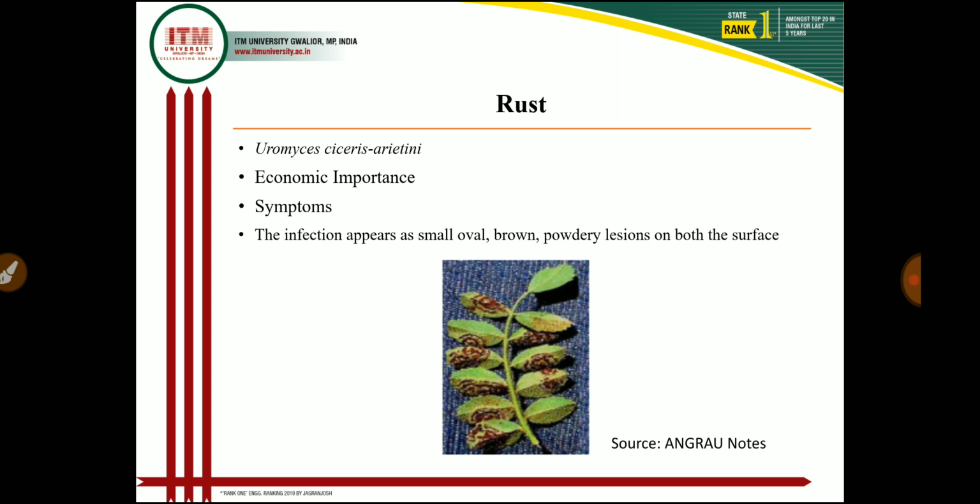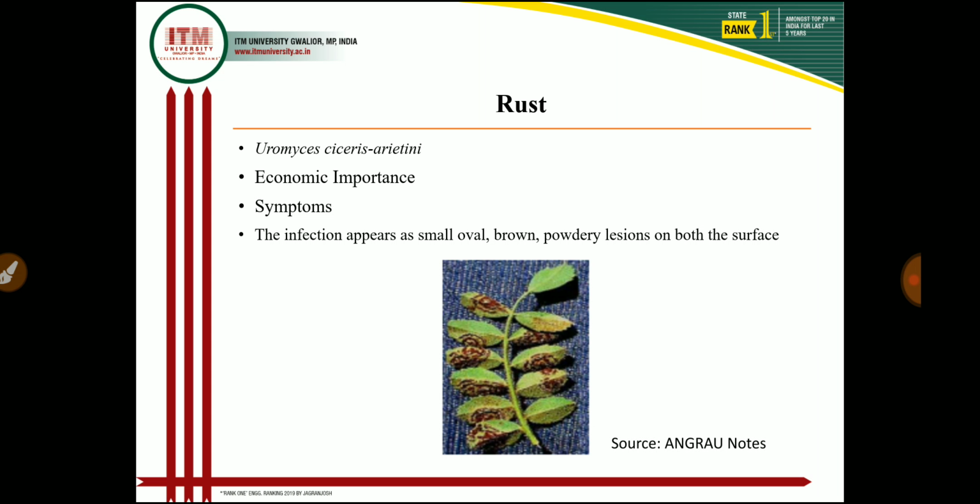the pods. And it is a heteroecious rust; for completion of its life cycle, it requires another collateral and alternate host for completion of its life cycle. So in gram, these heteroecious rust is discovered, but the pycnial and aecial stages are unknown. So as you see in the photograph, there is a